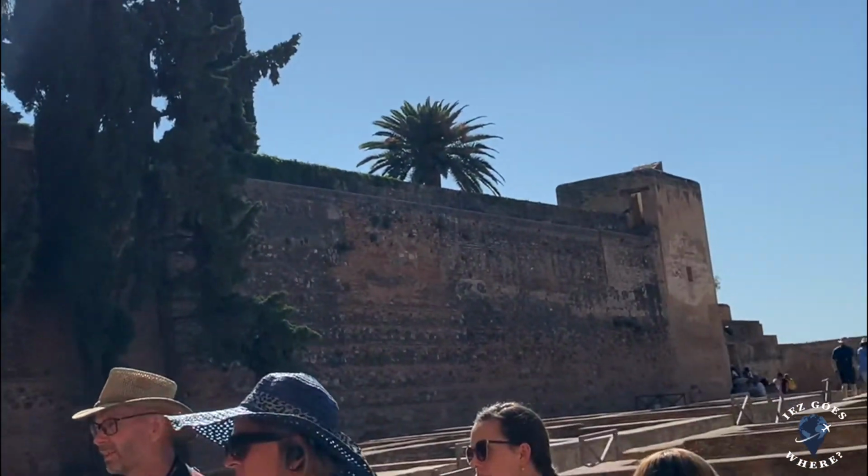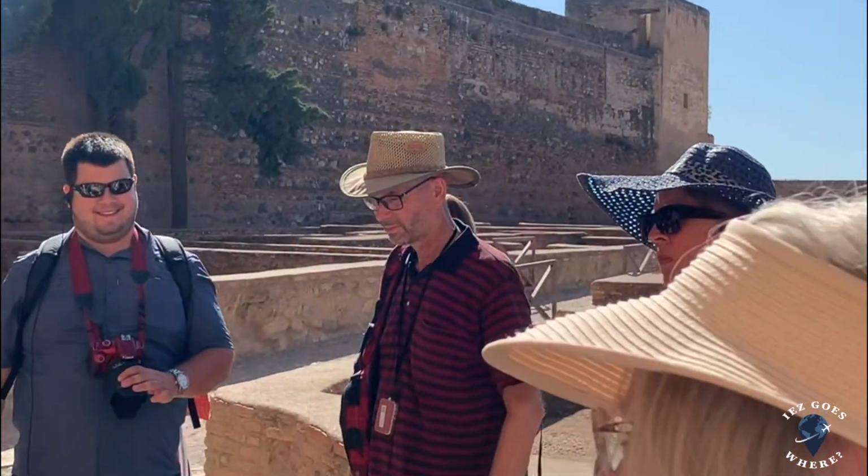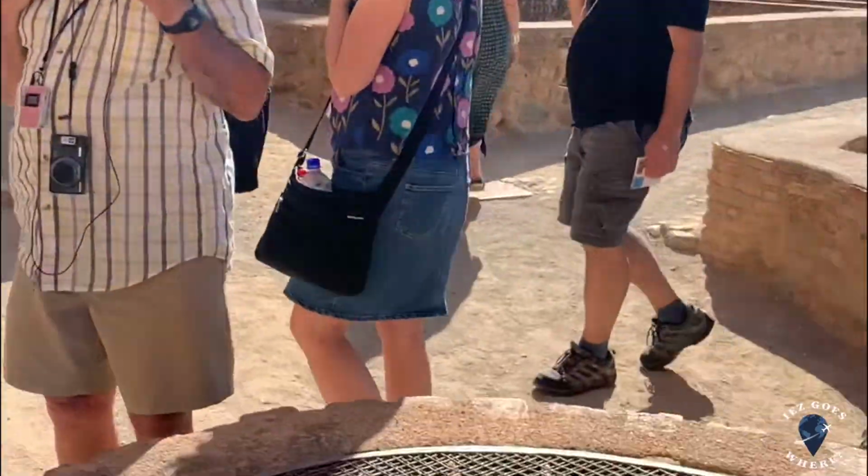This is a silo to store food, grain, and this is sufficient for a while. Also used as a dungeon. Usually the silo and the second hall is the dungeon. What is the difference between the dungeon and one